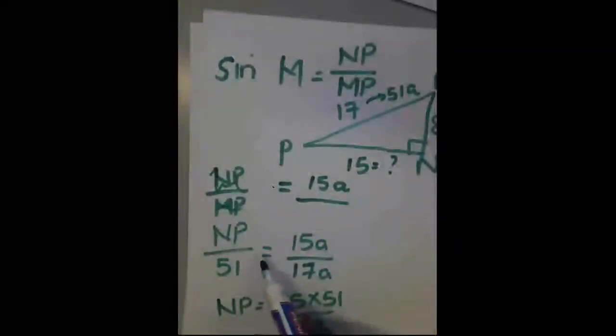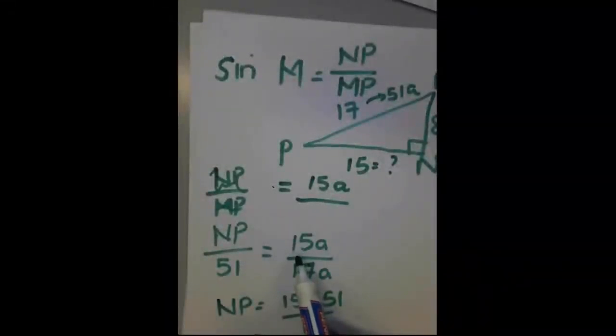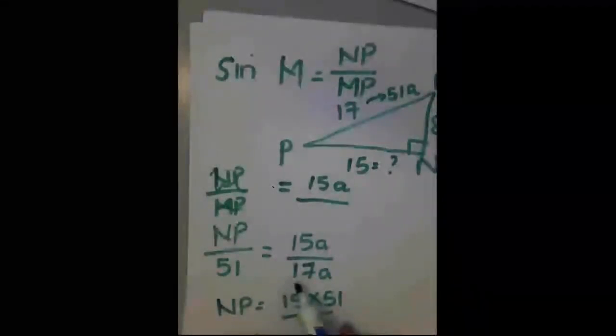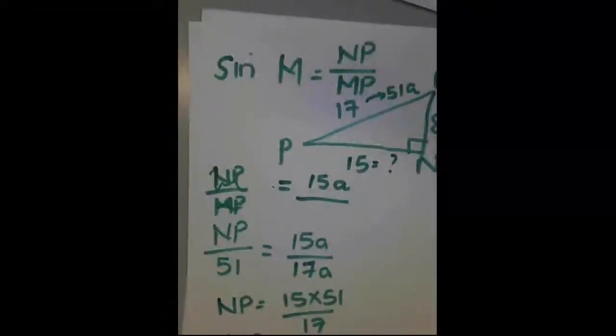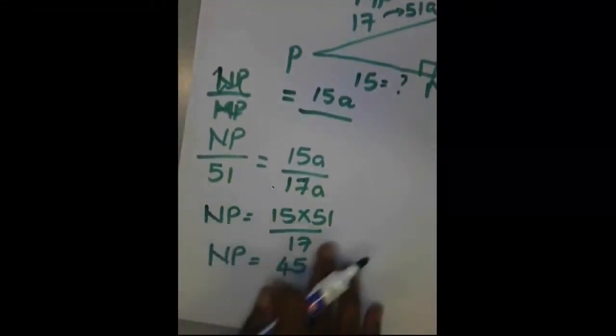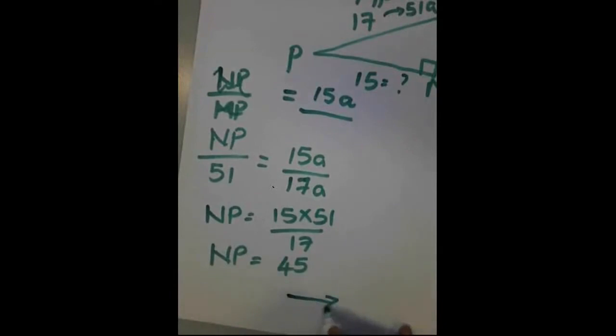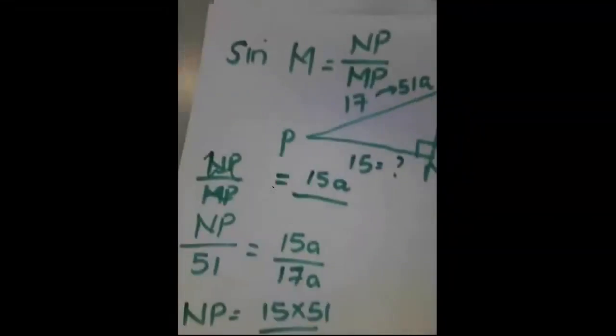But the original length of NP was 15, and the original length of MP was 17. I used the A to designate that I'm finding it in terms of another length. Therefore, I can find the length of NP. That was very important to me because it's a little bit of proportionality that's stuck into this section of the work. Now,